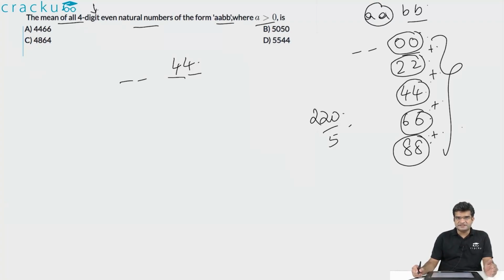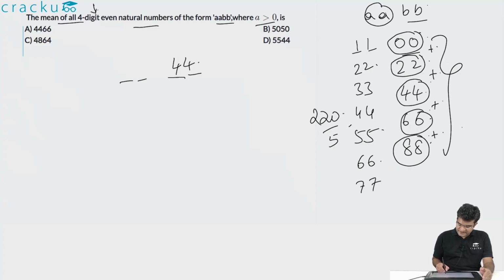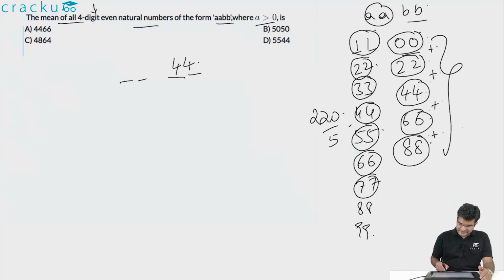The only restriction is that A should not be equal to 0. So these can be either 1, 1 or 2, 2 or 3, 3 or 4, 4 or 5, 5 or 6, 6 or 7, 7 or 8, 8 or 9, 9. Again, by symmetry, the number of 1, 1s will be exactly the same as the number of 2, 2s, which will again be exactly the same as 3, 3, 4, 4, 5, 5, 6, 6, 7, 7, 8, 8 and